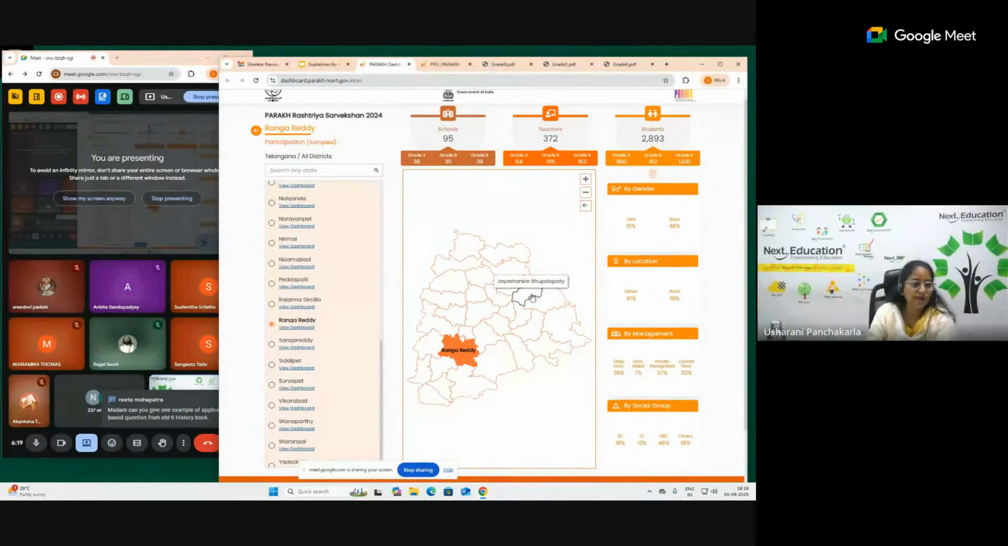PARAKH is working upon it to identify where teachers have a problem with respect to whatever data I'm going to show you. Based on that, the trainings would happen. The capacity building trainings for the teachers would happen with respect to methodologies and the pattern of assessment,